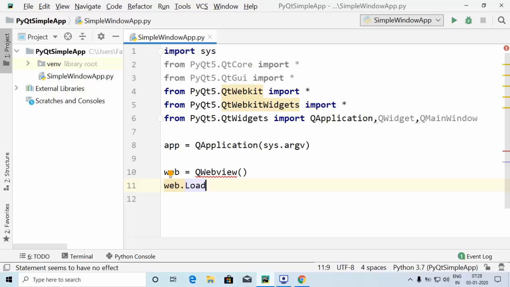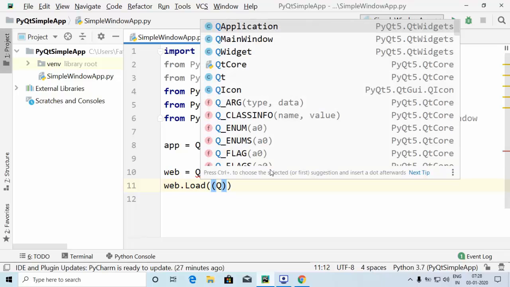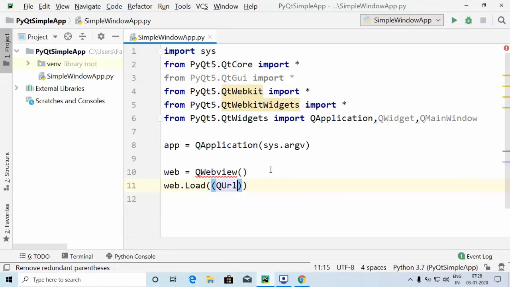The next step, I'm going to use web.load, and inside that I'm going to use QUrl, and let's provide the URL which we are going to open, which is https colon double slash, let's open google.com. There we go.